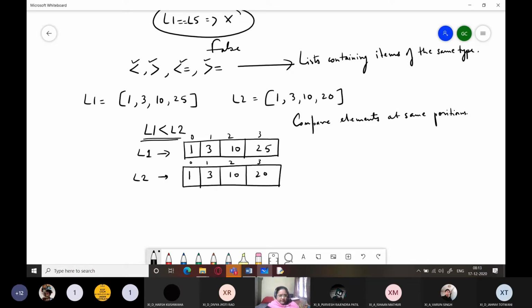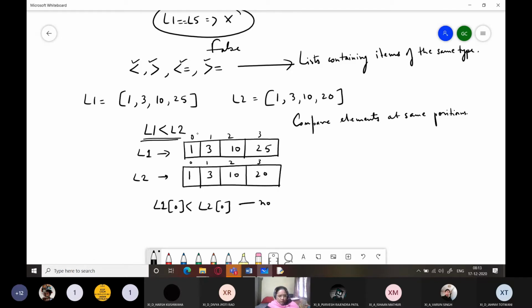You will first start with this one, whether L1 0 is less than L2 0 or not. What is L1 0? It is element 1. What is L2 0? It is element 1. Is 1 less than 1? The answer is false. No. Okay.